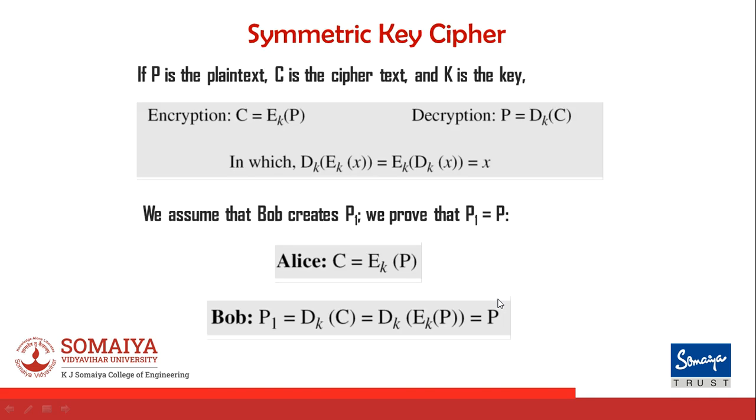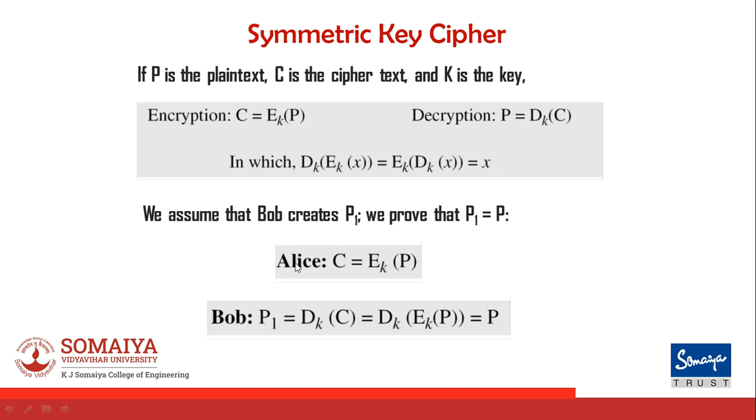How exactly can we show it mathematically? Generally, capital P is used for my plain text, capital C is used for the ciphertext, K is used for the key, and this is the mathematical notation that we are considering. E is my encryption algorithm that operates on key K. We are taking as a parameter P, my plaintext, and providing C as a ciphertext. Exactly reverse to this, the ciphertext C is the input to my decryption algorithm, which is operating on the same key K, and we are getting P. So mathematically we can show it this way.